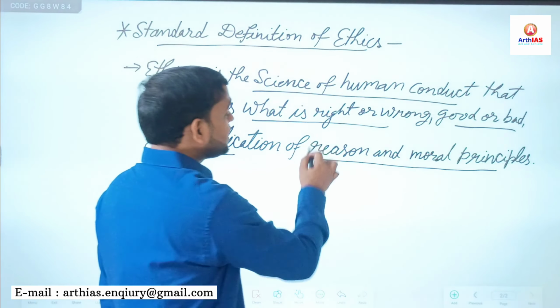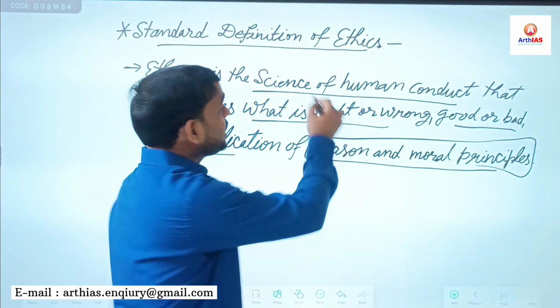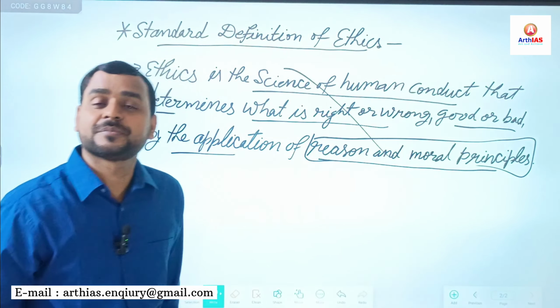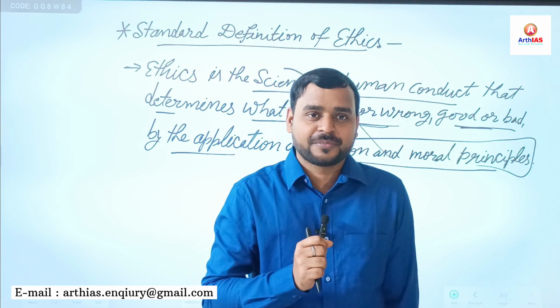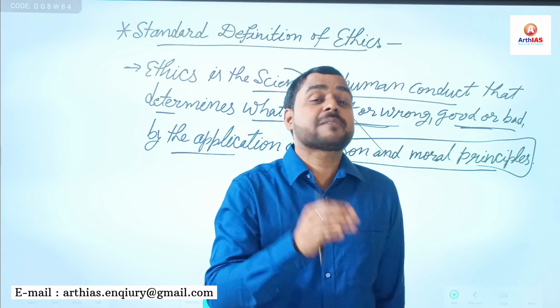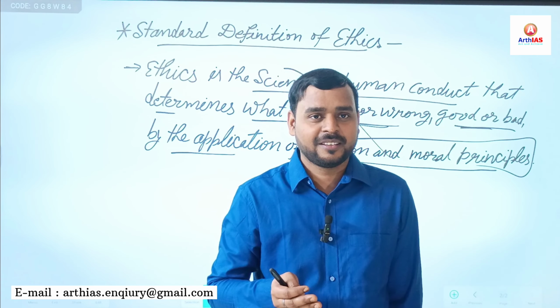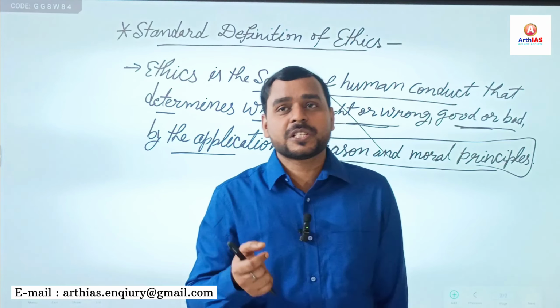So where there is reason and principles, obviously it is part of science, right? What is right or wrong, good or bad? So see, generally students get confused and they use these terms interchangeably, right? And this is a mistake, right? See, when we talk about good, good is based on values, emotions, well-being, right? Good boy, nice girl, bad man, these are based on values. Or for example good conduct, bad conduct, right? These are based on values, emotions, well-being.